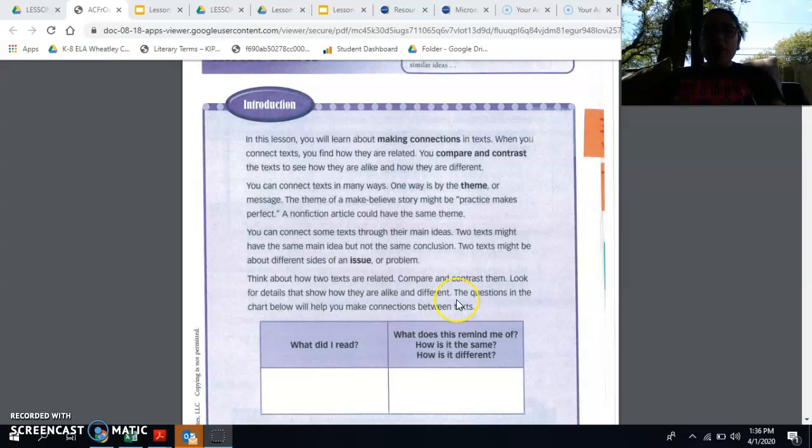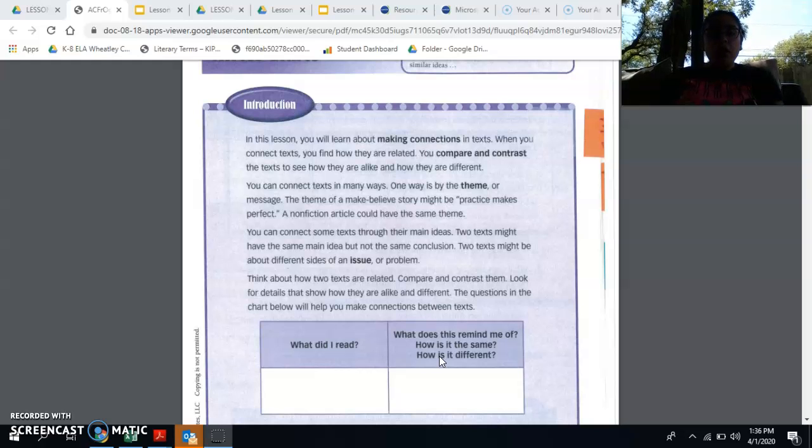So, when I finish reading a text, I have to ask myself a couple of things. The first thing I ask myself is, what did I read? What is the gist? What is the author's purpose of both of these texts? And when I figure out the gist and the author's purpose, I ask myself, what does it remind me of? How is it the same? How is it different? So, my gists are going to be different, but my author's purpose could possibly be the